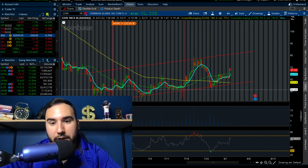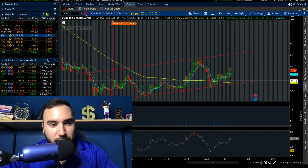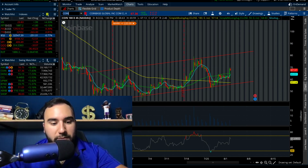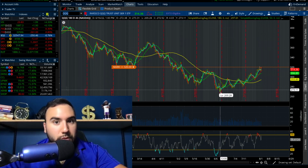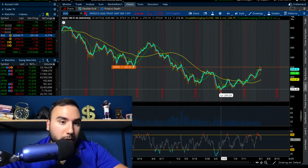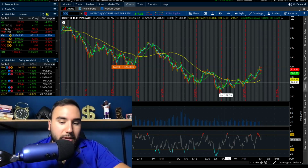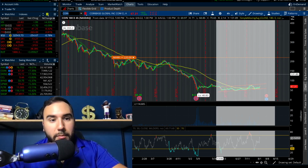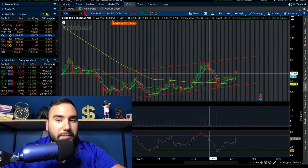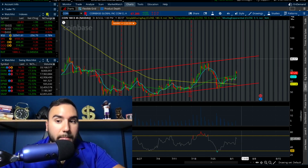We can see here higher highs, higher lows have been made, and it correlates obviously with when the market started going up. If you guys take a look here at Triple Q, it started going up in the middle of June, same time Coinbase started going up. So obviously if Triple Q turns to the downside, Coinbase is also going to follow and probably get crushed way more than Triple Q. But assuming that the markets hold up this rally, right, Coinbase, this could make a move